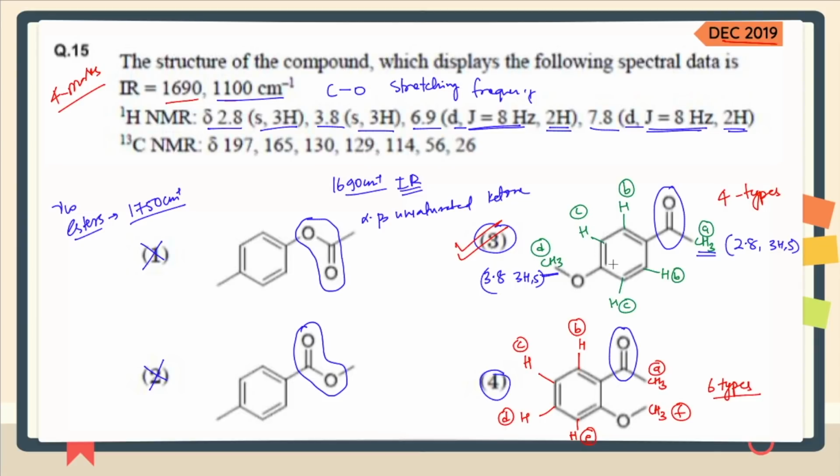Now if you look at the chemical shift, the oxygen is going to make higher electron density along its ortho positions, so these hydrogens are shielded, and that's why they are going to give you a value a little upfield. So this is going to give you 6.9 and this is going to give you 7.8. The same goes for this 7.8 and 6.9. This is how you have to evaluate the whole molecule, and that's how you can go for the correct option without getting confused. Alright, so let's look at the next option now.